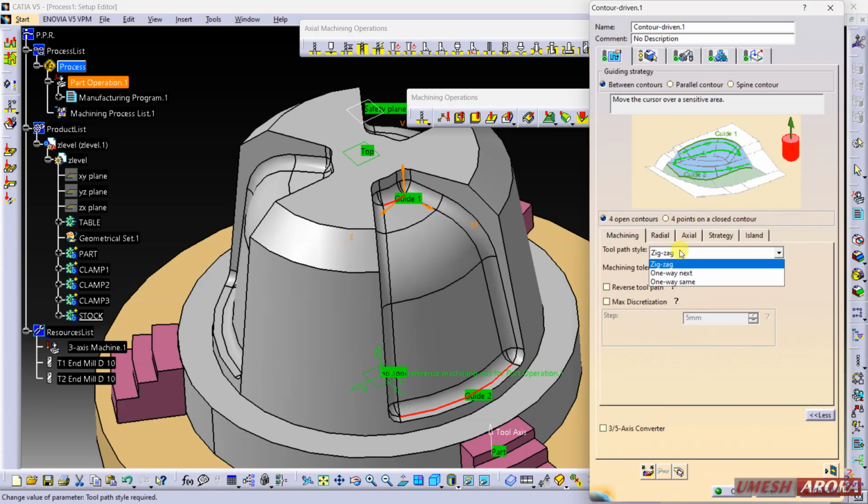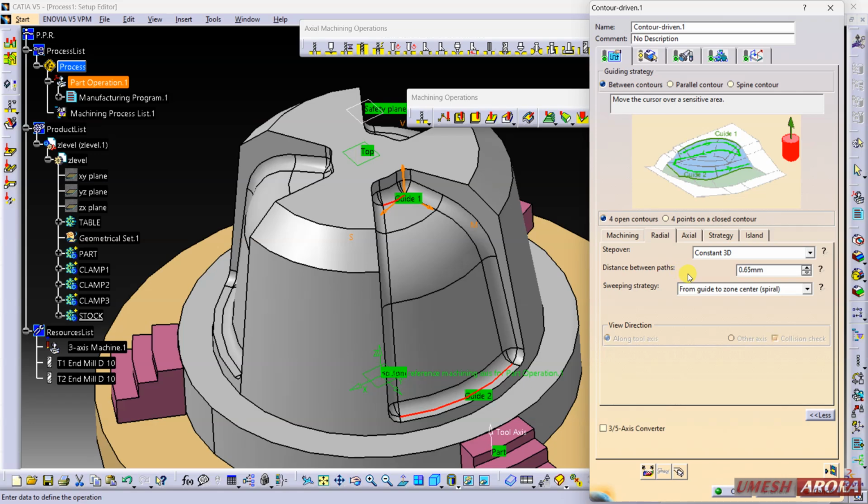It will work in a zigzag manner, so the toolpath style is zigzag. This is the tolerance. For radial, the distance between paths is 0.6, I am using 0.5. For axial, number of steps is 1 and the depth of cut 0.2. Right, now generate.